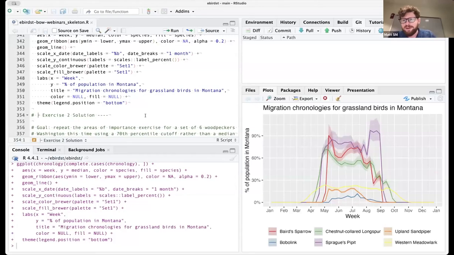No, okay, that worked. That's like the number one trick for our problems, just restart the whole thing and try again. That works like 90% of the time. Okay, so